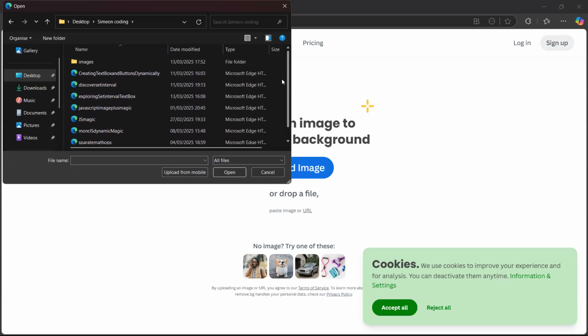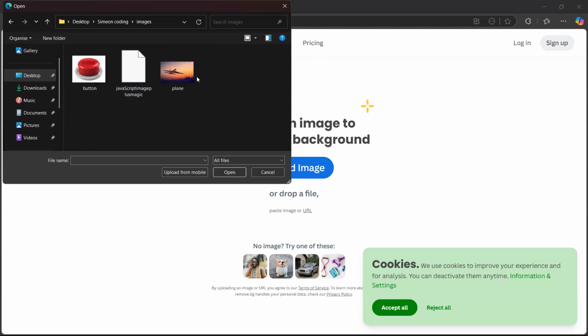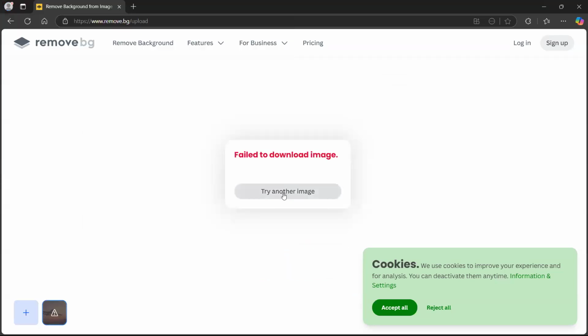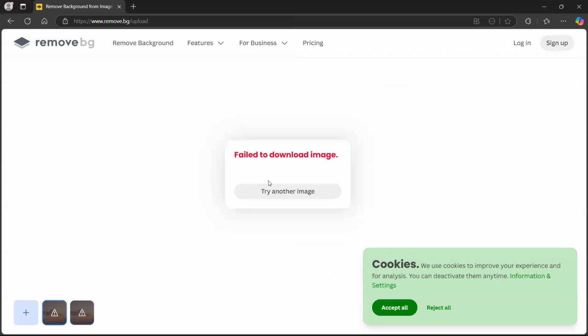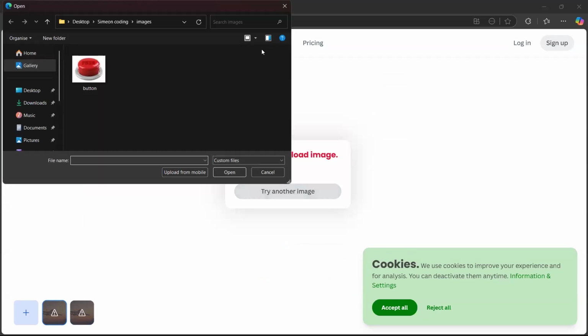I clicked open. Here to download image. When you're downloading images, look for JPEG images or PNG images.